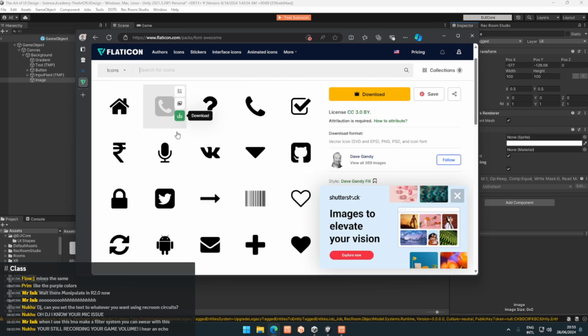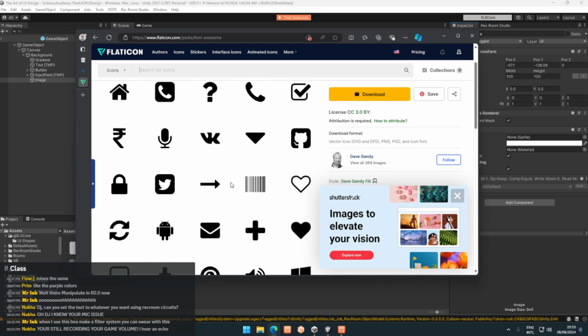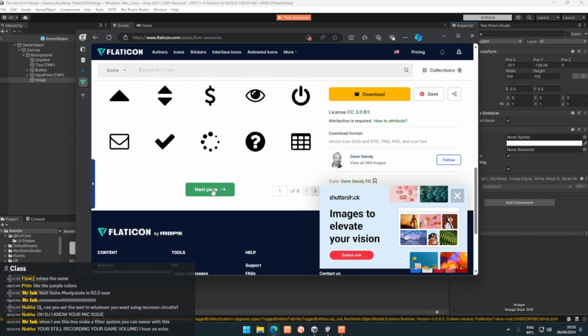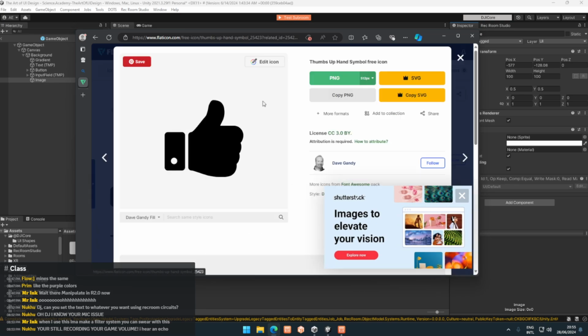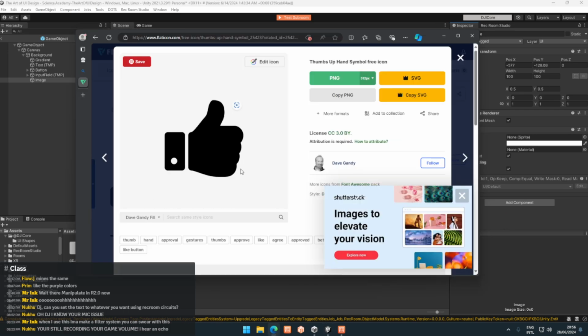Let's do a thumbs up. A thumbs up icon. Where is it? There we go. Now, here's a very important thing. You'll see currently this icon is black, but the issue with UI,